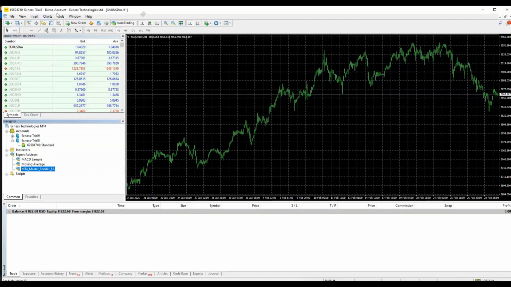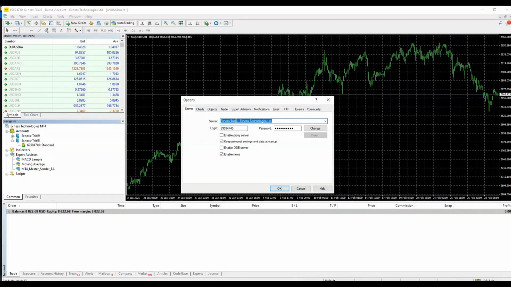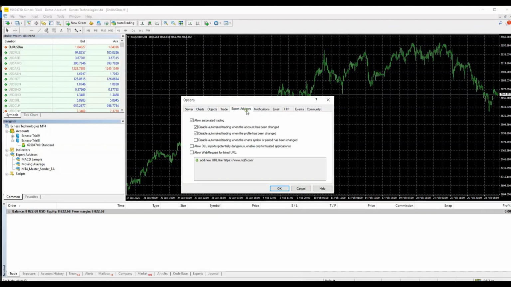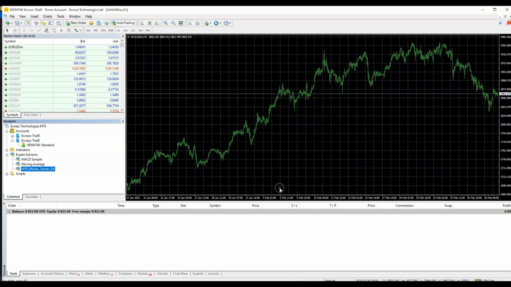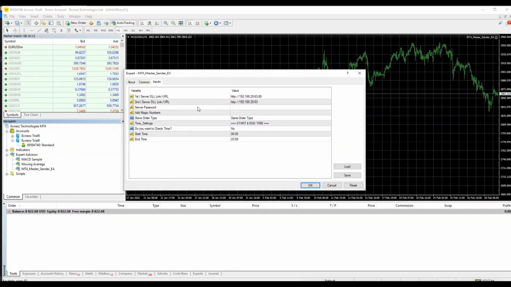Now we will click on Tools, then click on Options. We click on Expert Advisors. Then we need to tick all the Allow checkboxes. Then we click on Add New URL. Then we paste the copied link here. Then we click OK. Again, we drag the robot to the chart, and this time we copy the DLL link